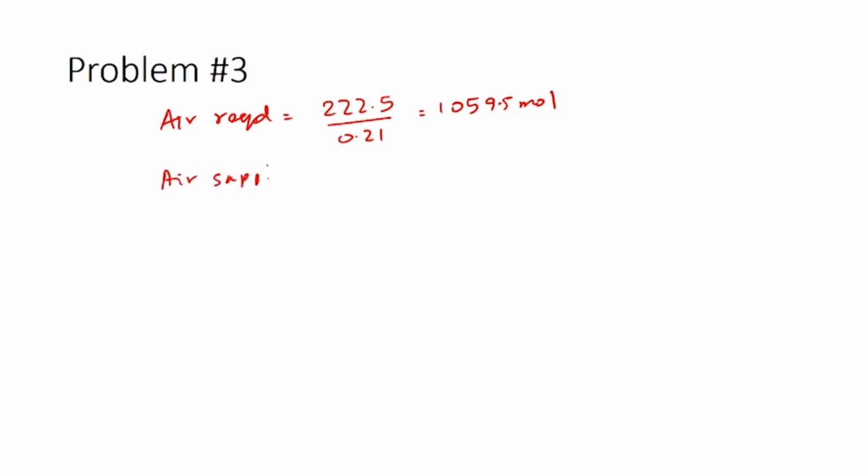So, we can assume that air is 21% oxygen and 79% nitrogen. So, you would have air required as 222.5 moles divided by 0.21, which is 1059.5 moles of air. So, air supplied would be 25% excess of what is required, which would be 1.25 times 1059.5 moles,